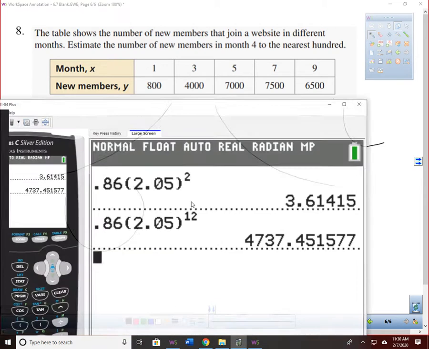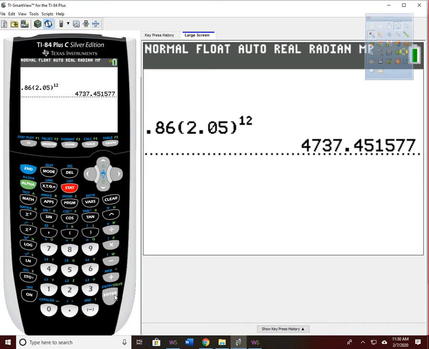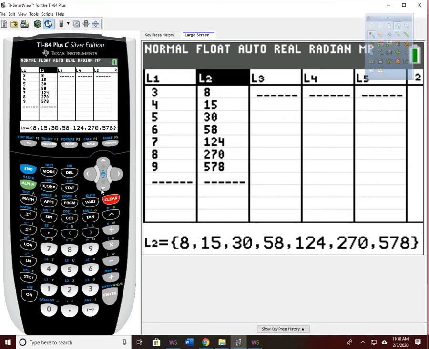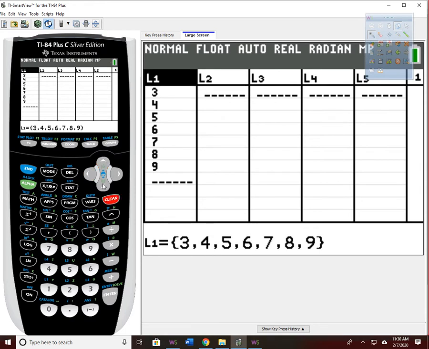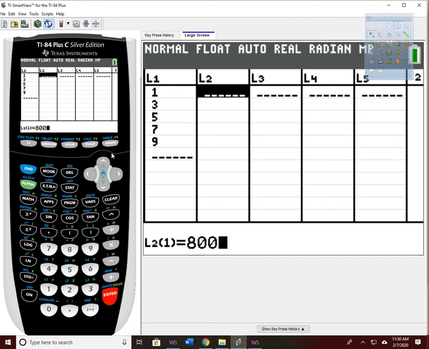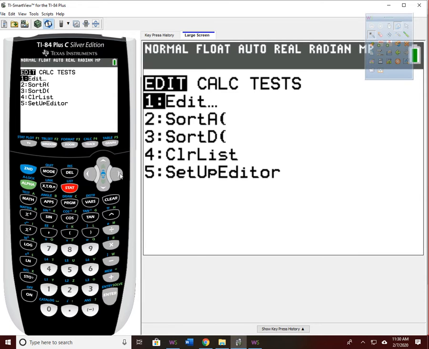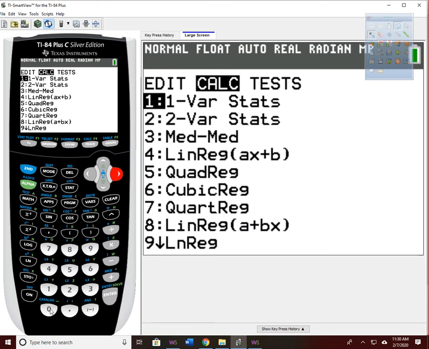So if you were unsure, though, which one, then you could always check them both. So if I go to Stat and Edit, I need to put in my new lists. All right, so I have 1, 3, 5, 7, 9. And then for list 2, I have 800, 4,000, 7,000, 7,500, and 6,500. All right, so first I'm going to look at my exponential regression. So I'm going to go to Stat, Calculate, and let's check out the R2 value